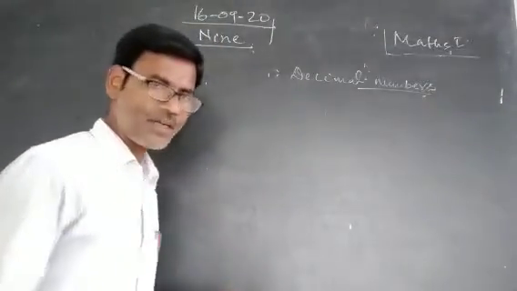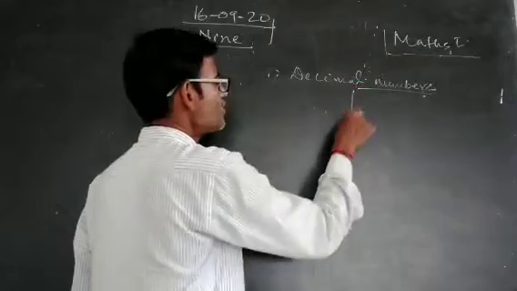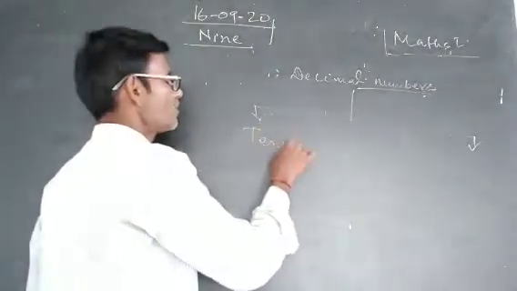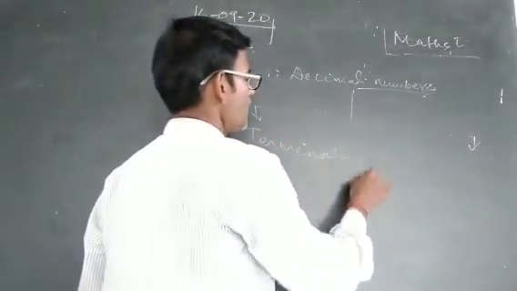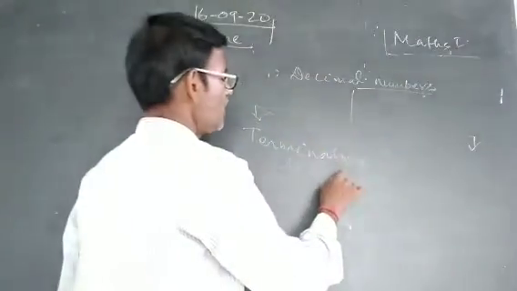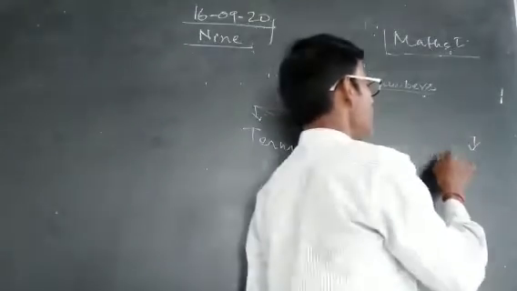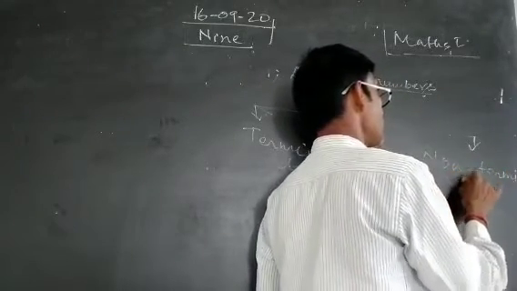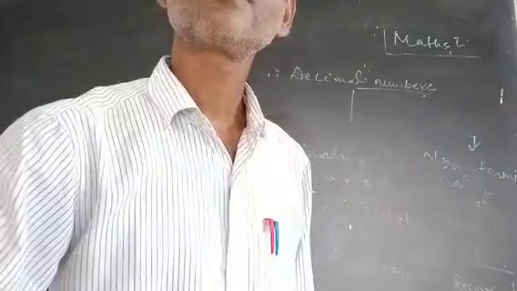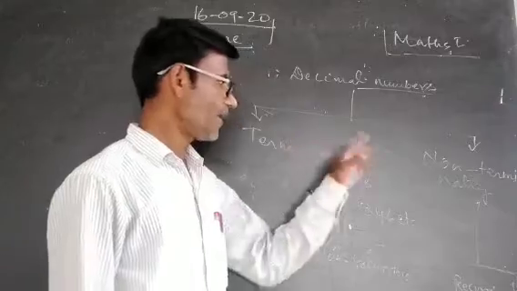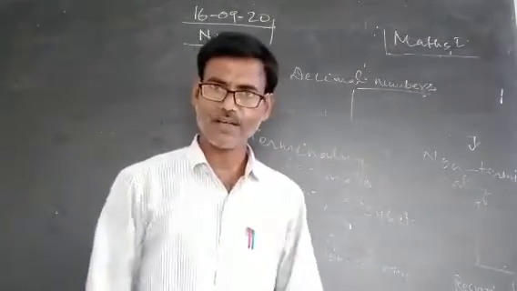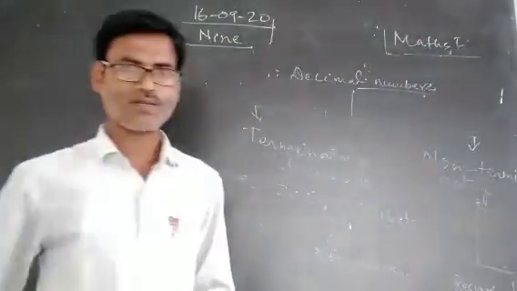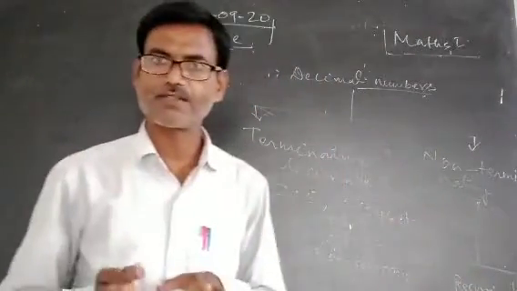Now, let's classify decimal numbers. Decimal numbers are broadly divided into two types: terminating decimal and non-terminating decimal. Terminating decimals are those decimal numbers which terminate or end at a certain decimal place. So two main types of decimals: terminating decimals and non-terminating decimals. Terminating decimal ends at a certain decimal place, while non-terminating decimals do not terminate or end.